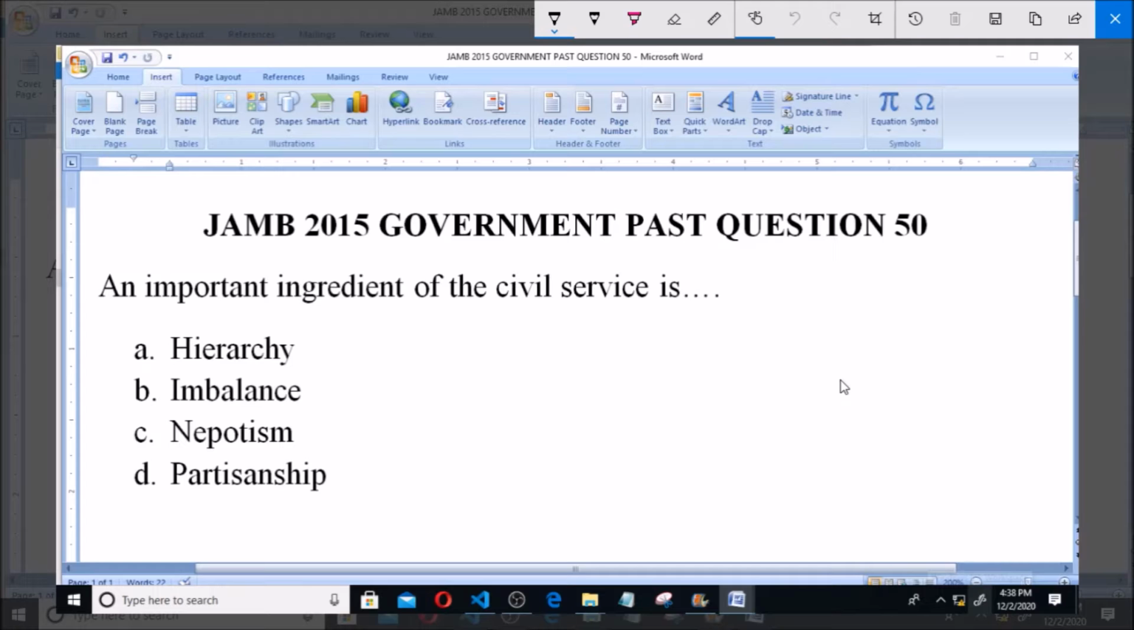2015 government past question. Question number 50 says: an important ingredient of the civil service is dash. An important ingredient of the civil service is dash. A. Hierarchy. B. Imbalance. C. Nepotism. D. Partisanship. And when we talk of partisanship, it means no